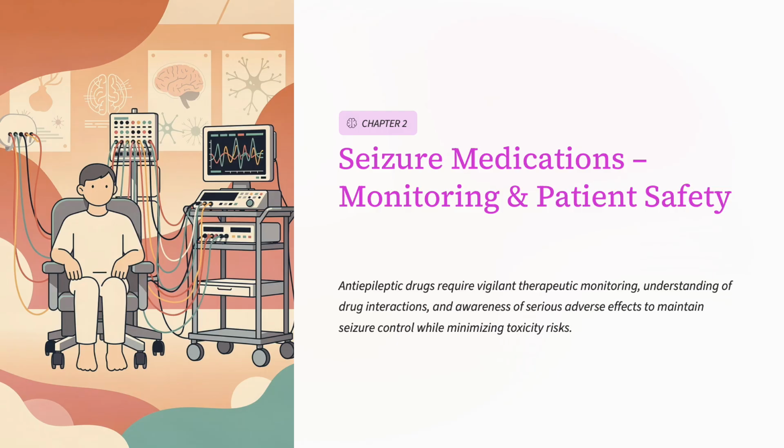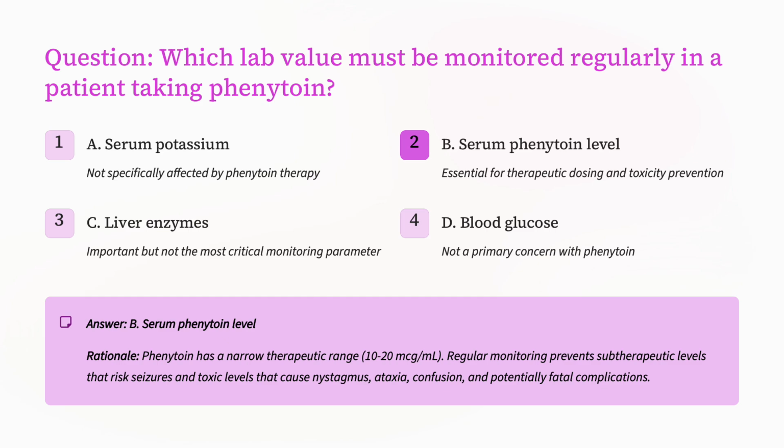Okay, so for seizure medications, what lab value must be monitored regularly in a patient taking phenytoin? So when we went over phenytoin and seizure medications, I told you that it has some really bad side effects. You have to monitor and assess patients frequently. So part of that is watching their labs. And so the things we're going to look for, okay, so potassium is not affected. So when you understand the question, the next thing is look at every answer. Always look at every answer. Usually you can eliminate one of them. And so we can eliminate potassium because potassium should not be affected by taking phenytoin. So we're just going to eliminate that.